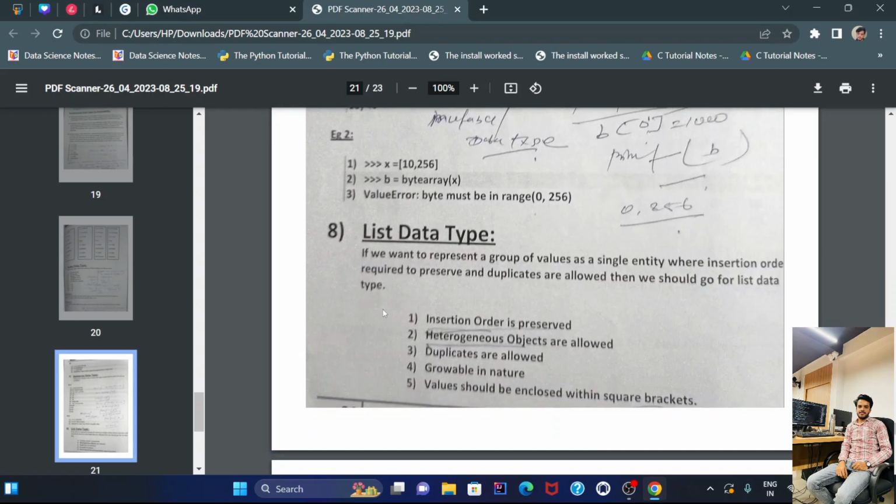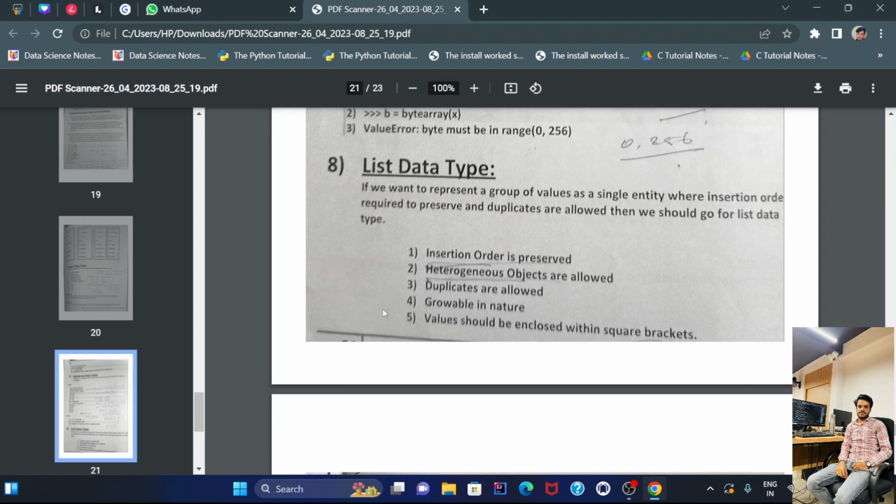So list data type. If we want to represent a group of values as a single entity where insertion order is required to be preserved and duplicates are allowed, then we go for the list data type. Insertion order is preserved means you can insert according to the position.